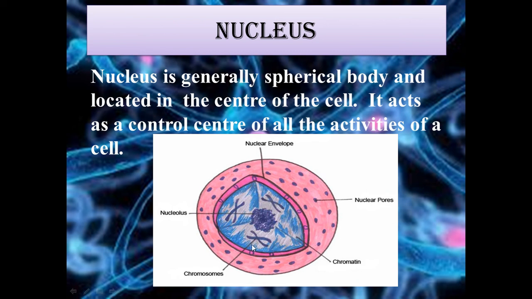Genes are called the unit of inheritance. What is inheritance? It means the characters that we get from our parents. Genes help in inheritance, or the transfer of characters from parents to offspring. Chromosomes can be seen under the microscope only when the cell divides. The nucleus also has a dense fluid in it, called nucleoplasm. Like the cell has cytoplasm, the nucleus has nucleoplasm.